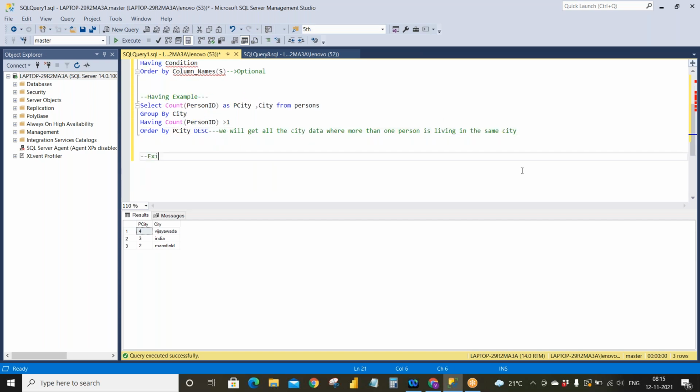Now I am going to use one more operator called exists. So what does it mean? So the exists operator is used to test for the existence of any record in a subquery. I'll tell you what a subquery means,